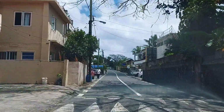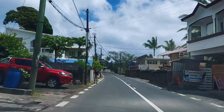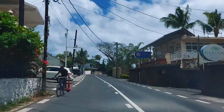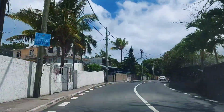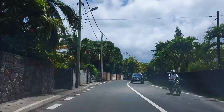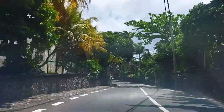So down here there are quite a few places to stay and more shops that are closed. Why is everything closed? And you can see typically no sidewalks. This is Grand Baie. Yes, this is still Grand Baie, so no sidewalks. Chinese restaurant, haven't seen that one before. I don't know what Eden Beach parking is. Eden Beach is a hotel, it's a resort. Okay, so that's obviously their parking. So we're allowed to go a little bit faster here. Well, the speed limit is 60 here, but we normally do